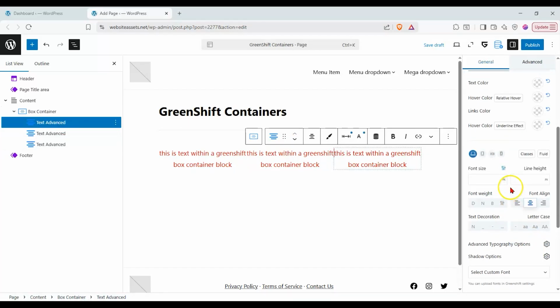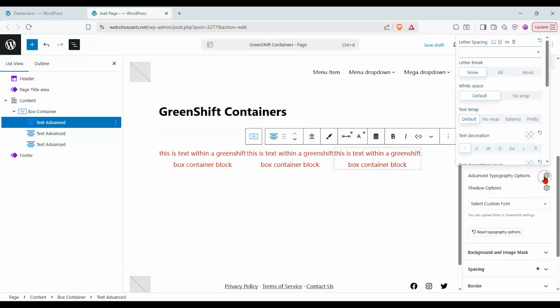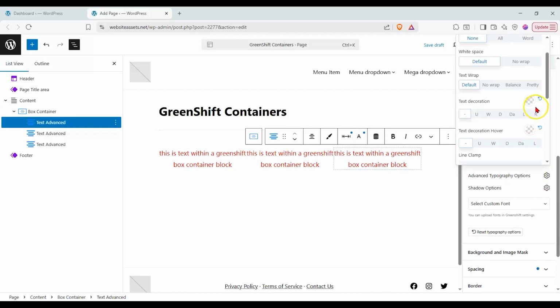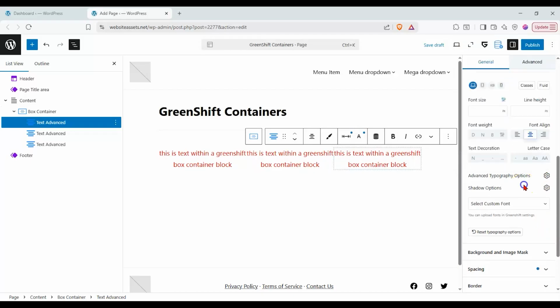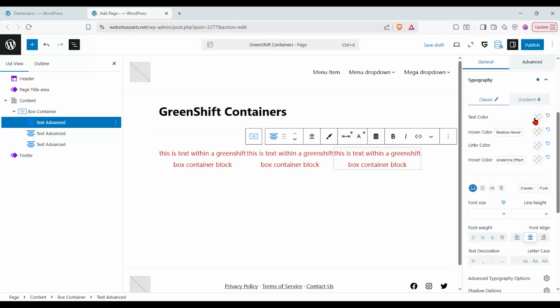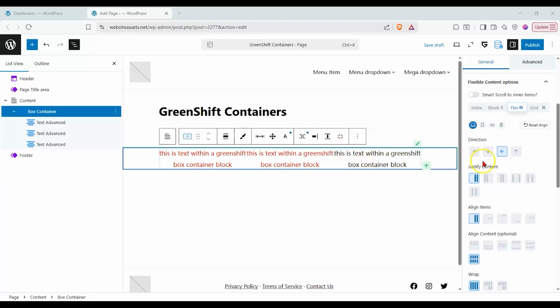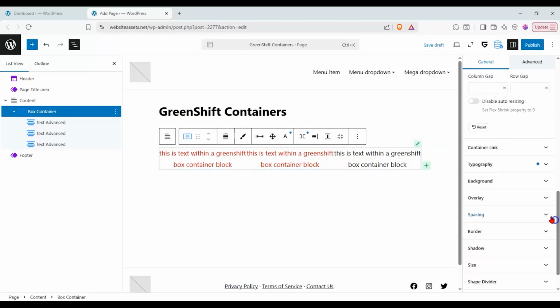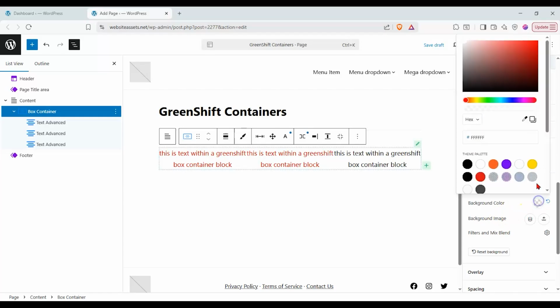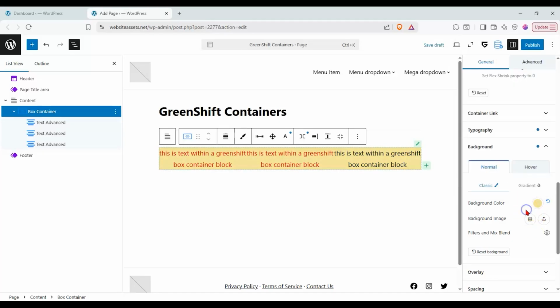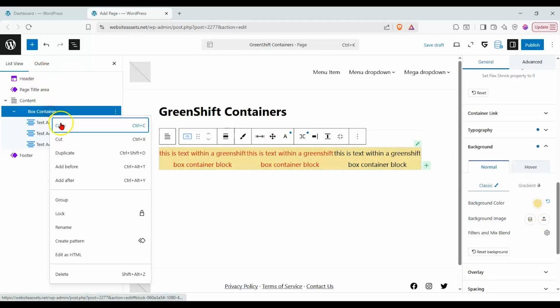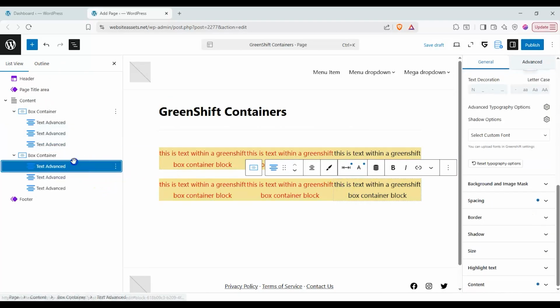And you can see over here, advanced typography options are over here. And the text color is different. Well, it's independent from the rest of the text within this box container. Now you can see we can add a background to this. So let's go ahead and choose something that's a little clear. Okay, so yellow, and then we can duplicate this, and then we can set this one